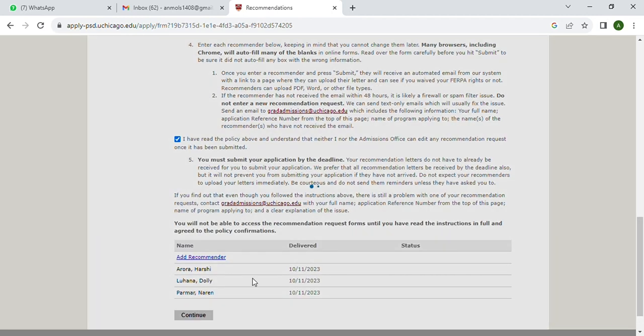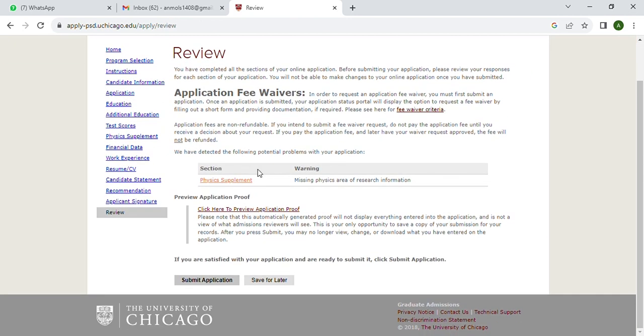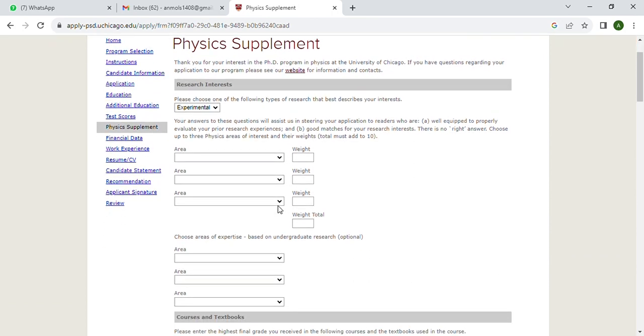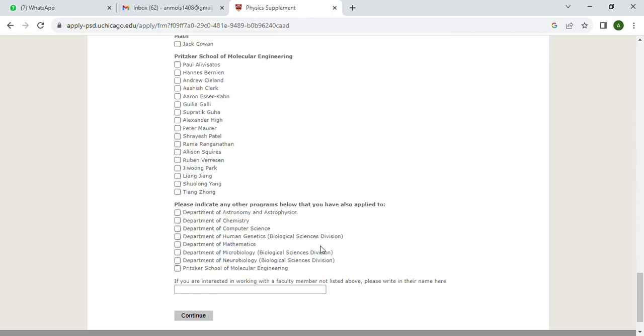After that you can click on continue and go to the review page again and see if there are any more errors. So physics supplement, physics area of research information. So just click on this. Yeah, so these areas you need to select, and then click on continue. After doing it, just click on continue